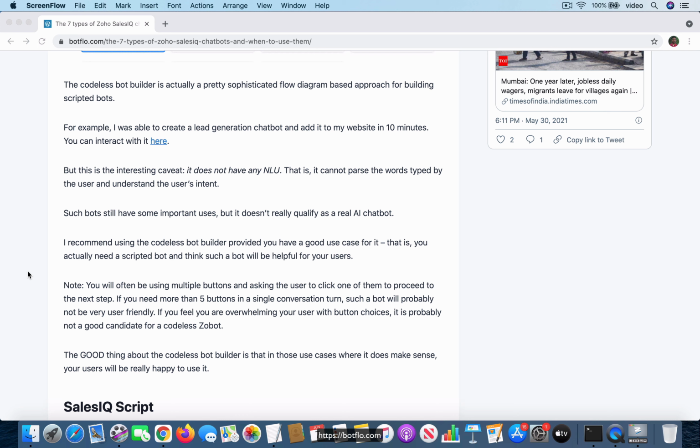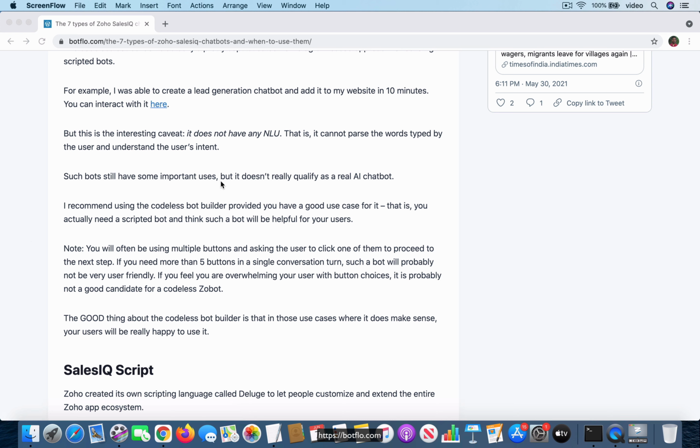I was able to use this builder and create a lead generation style chatbot for my website in just a few minutes, actually. And I also have a demo of that. You can interact with that on my website too. The thing is that it does not have any natural language understanding features. You cannot parse the user's words with the codeless bot builder. So you can use it if you're creating a scripted bot, and not if you're trying to understand what the